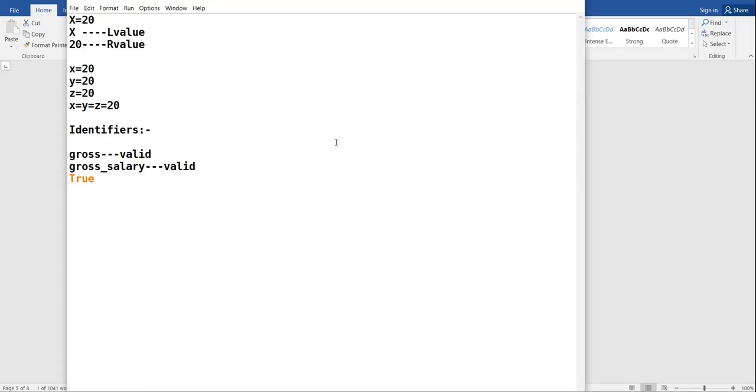It is valid or not? Yes, Ramanjeet. Sir, it is not valid. Yes, but why? Sir, because True is a keyword. Very right. With capital T. Very good. True is a keyword and keyword cannot be used as identifier. So it is invalid. This also is a keyword. Okay. All right.